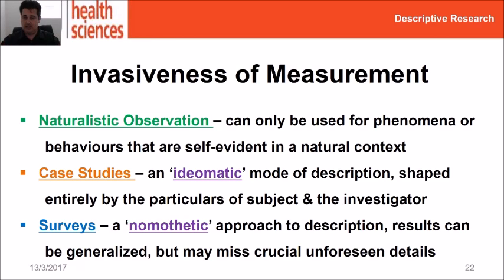A nomothetic approach to description results in something where you've structured the shape of how the responses are going to take place. You've limited the response criteria, often very severely, giving people just multiple choice answers or checklists and things like this. But your ability to do additional comparisons, and therefore your ability to process data on the level of a sample group, and say things about a population instead of just individuals, that's the main benefit that you get out of a nomothetic approach. Idiomatic approaches go into a lot of detail on specific people and therefore can be very useful early on. But if you want to say things about how to apply new insights to a population, how to generalize from samples, things like this, you need to take a nomothetic approach.